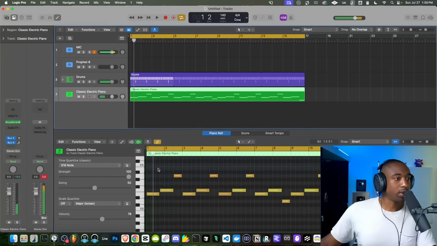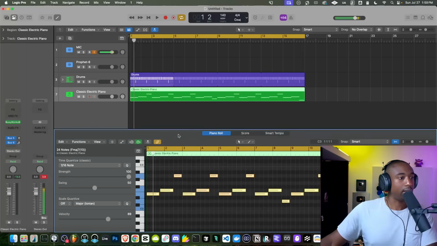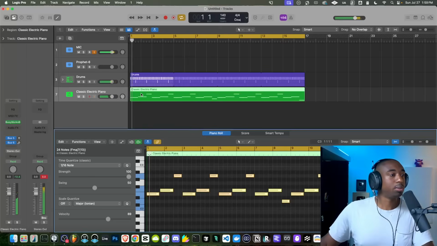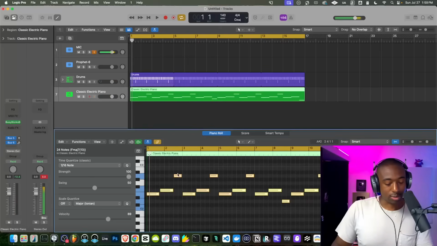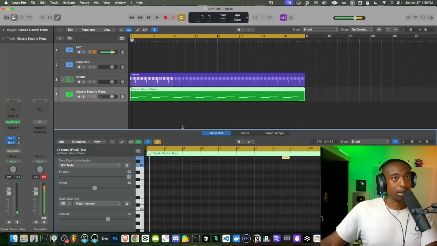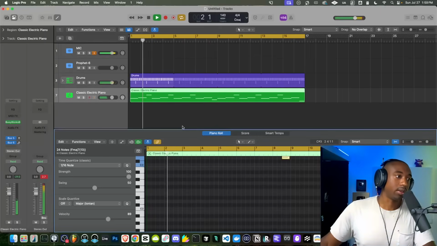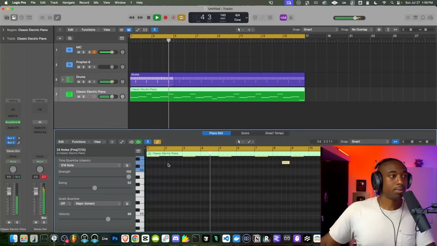Okay, so now we have the notes. We can hit Control A to highlight the notes, grab this quantize strength, or hit Q to quantize, and it will snap to the grid. So let me show you guys some of my favorite shortcuts here. I always mix this up. It's Shift Option and then hit up. That will pull the notes up an octave, or if you click down, it goes the other way. So let's pull them up an octave or two.